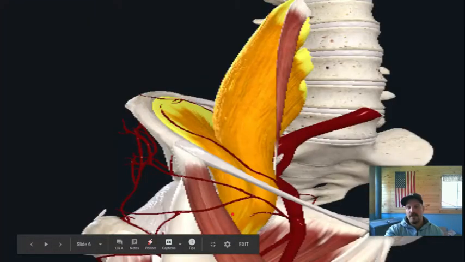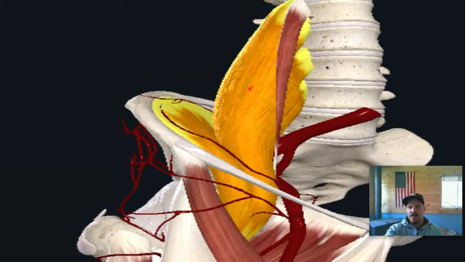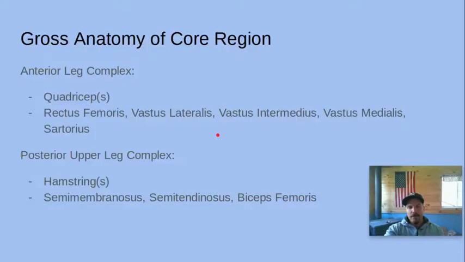And then here's the iliopsoas, which is the actual iliacus muscle inside the pelvis. And then here's the psoas coming up to the spine. And so together it acts as one to be a really powerful hip flexor. So moving on, we got four more complexes, but the next two would be the anterior leg complex, which is